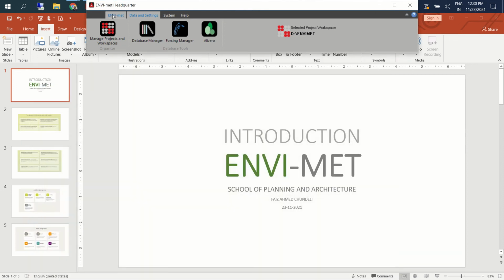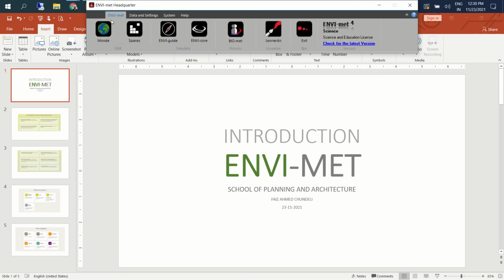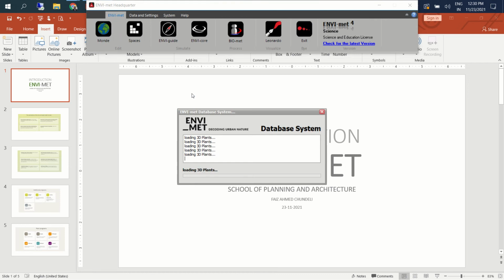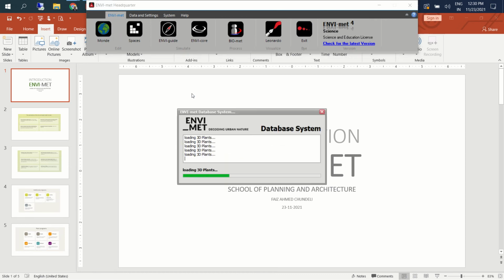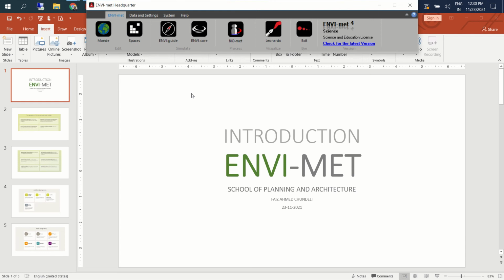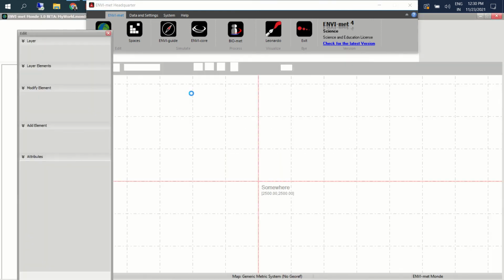Now we have assigned the folders where the project is and so forth. If you click on this tab, we have something called Mode, Spaces, NV Guide, NV Core, Biomet, and Leonardo. Mode is used where we want to bring in vector based drawings and convert them into grid based outputs.